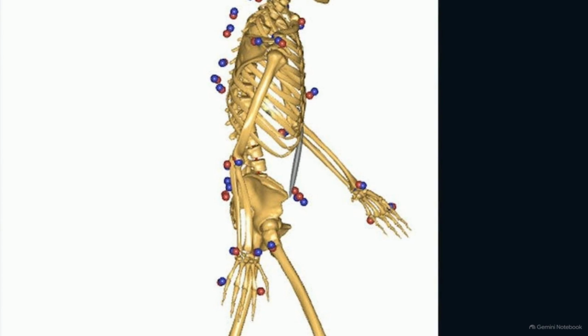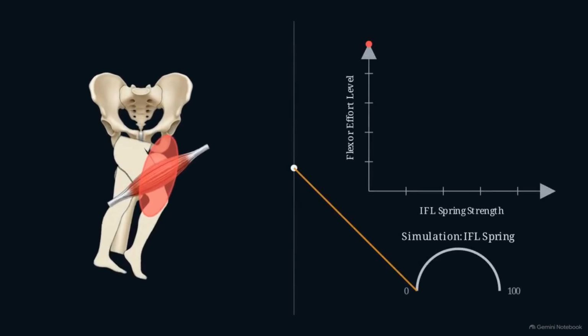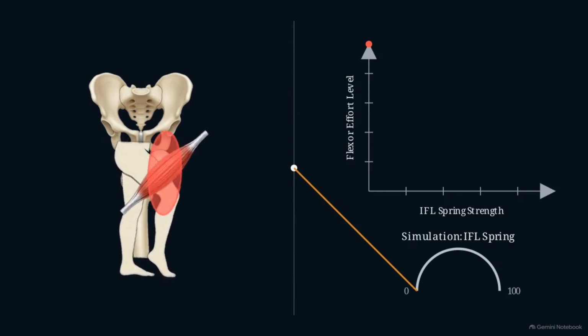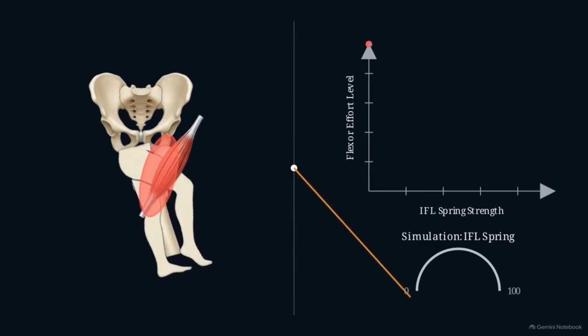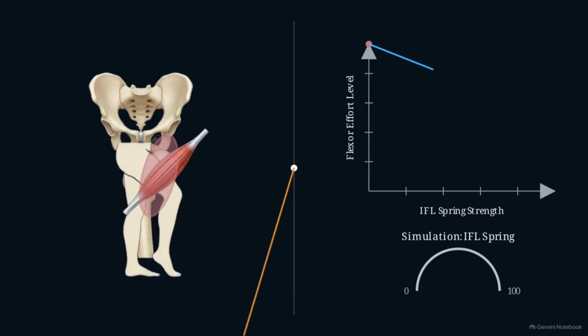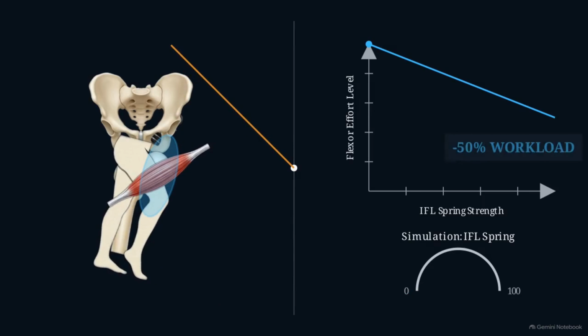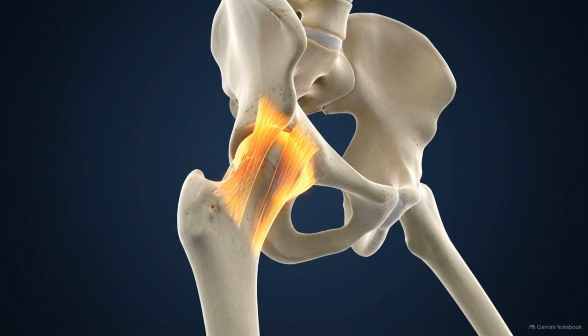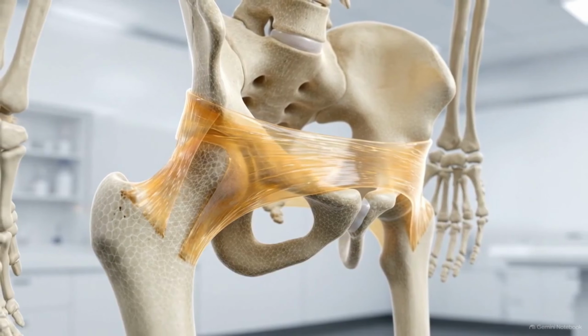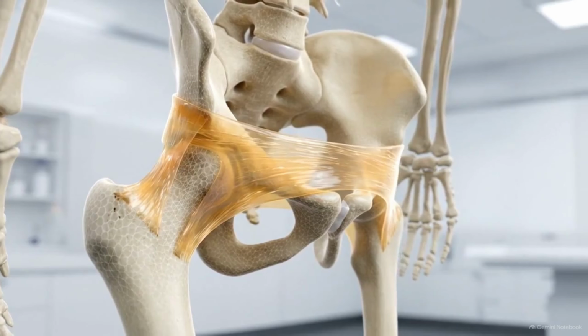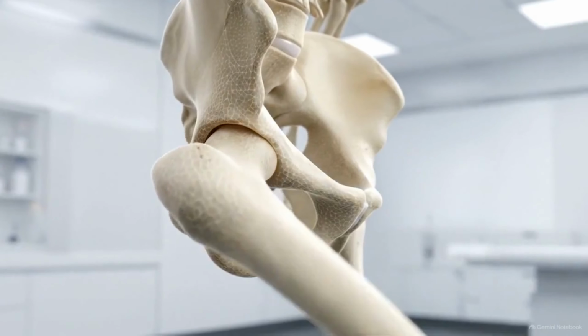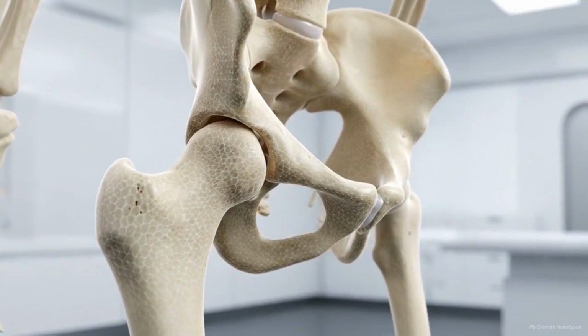The simulation first calculated the mechanical work required by the iliopsoas and sartorius muscles when the IFL is absent. When the IFL spring strength is engaged, the workload required from the iliopsoas muscle drops by exactly 50%. As the hip extends in late stance, the IFL stretches, storing potential kinetic energy within the ligament. During the swing phase, that energy is released as the ligament recoils, passively pulling the femur forward and reducing the active flexor muscle demand. The anterior hip capsule functions as a passive kinetic engine that slashes the metabolic cost of